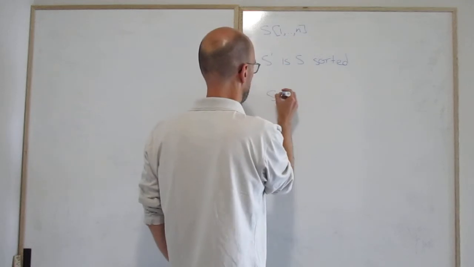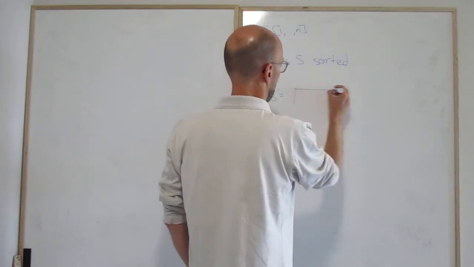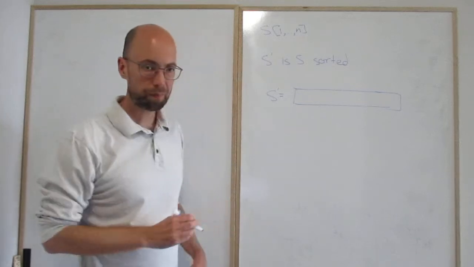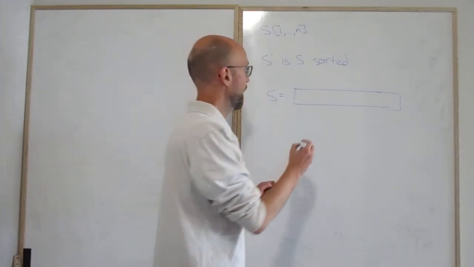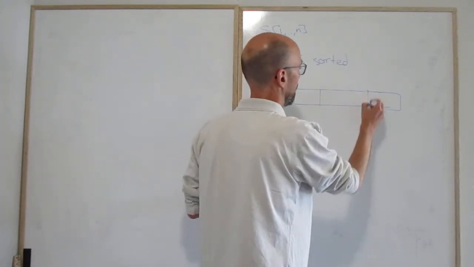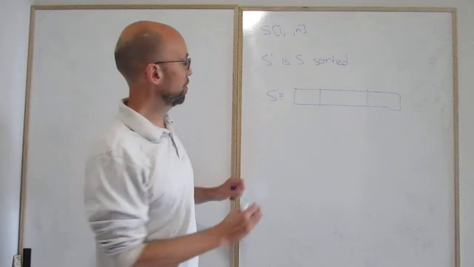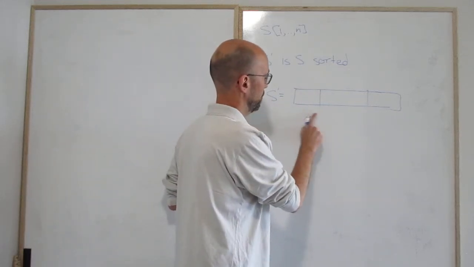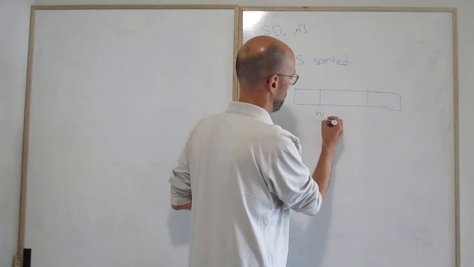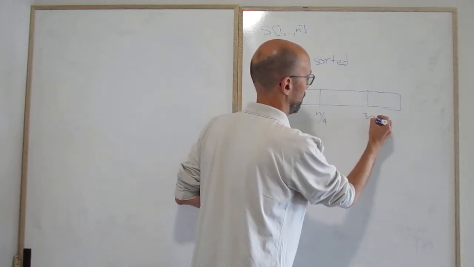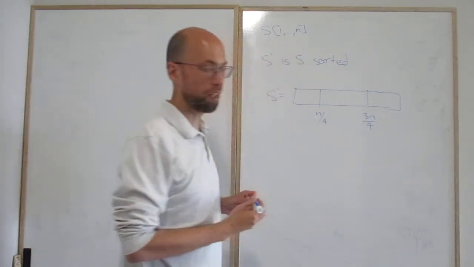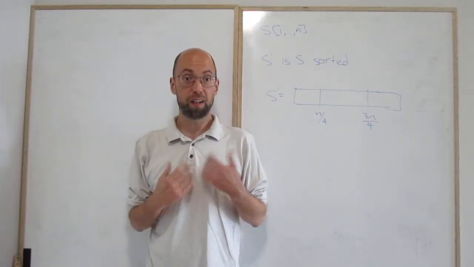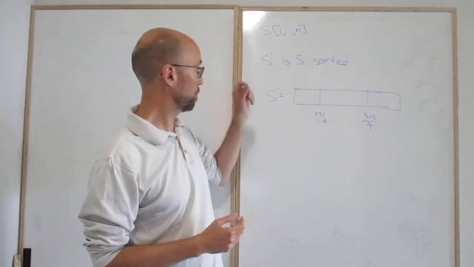So we have S prime. Let's imagine it as this rectangle. Okay? And this is a quarter. Let's say that this point is n over 4, and this is 3n over 4. Okay? Now, let's suppose that I'm going to consider myself lucky if my pivot, now remember S prime is sorted,